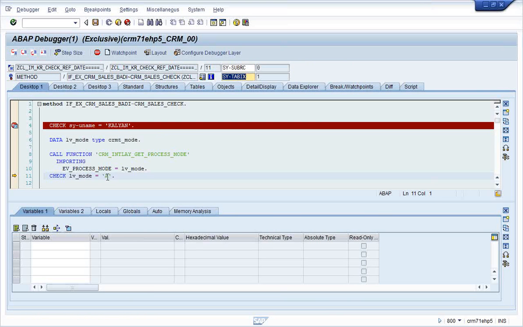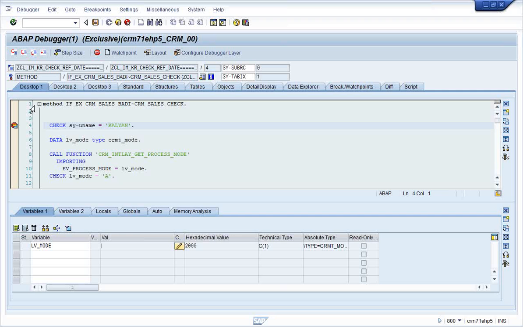Oh, we are not in the creation mode. That is the reason it is not showing any error. Now you will see the error.